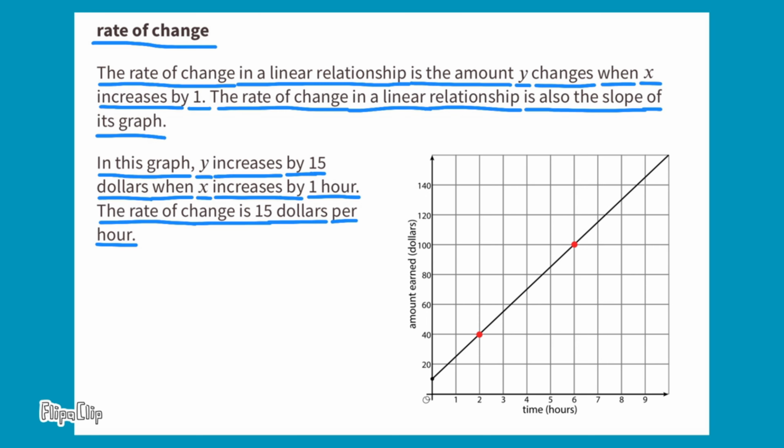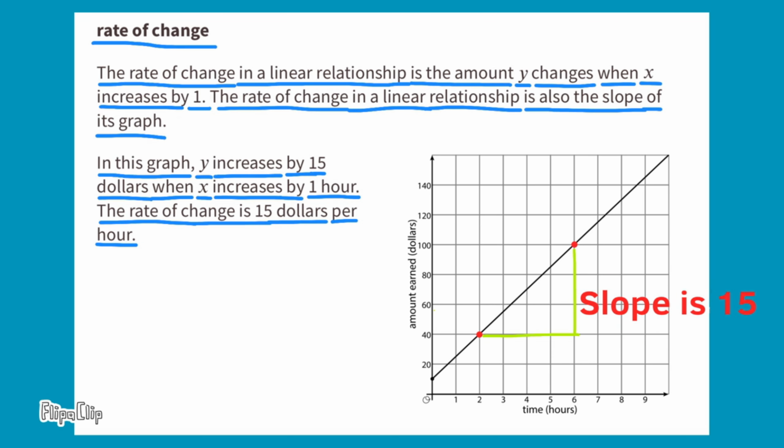Let's look at the slope of this line. Let's start at the point in the lower left-hand corner and move to the point in the upper right-hand corner. You have to move to the right 4 units and then move up 60 units. 60 over 4, that's the slope, or 60 divided by 4, which is 15,